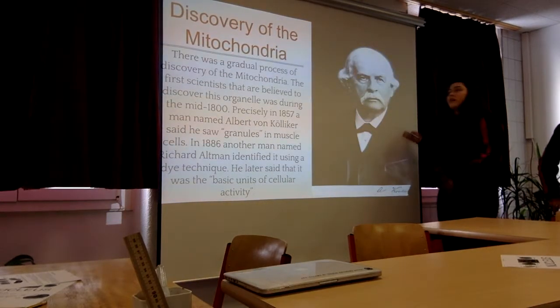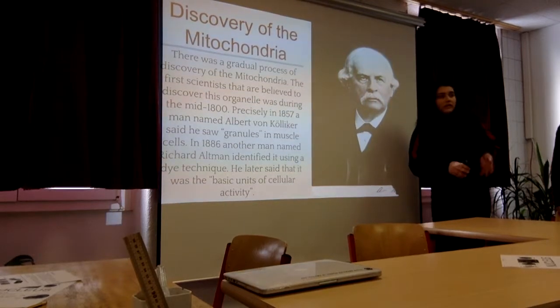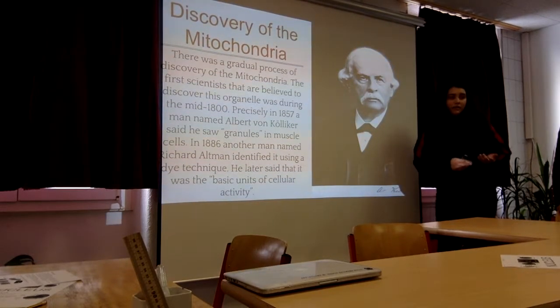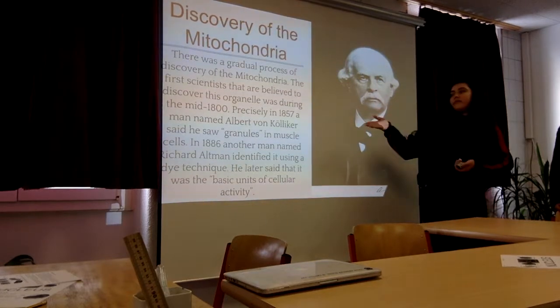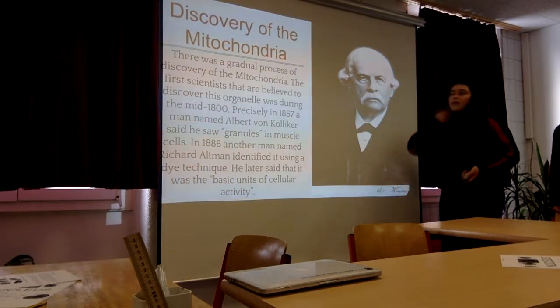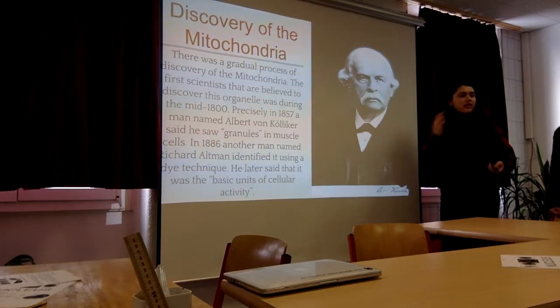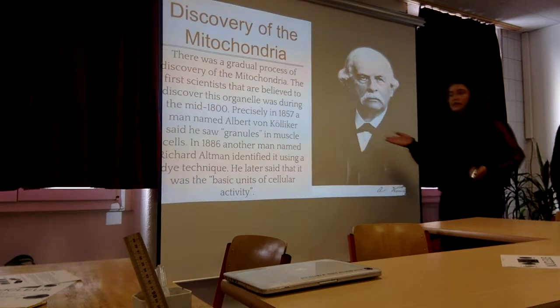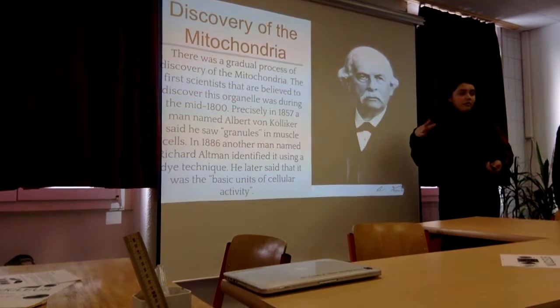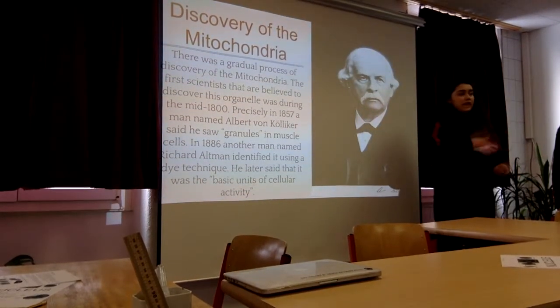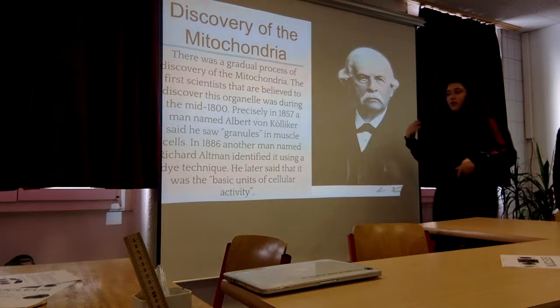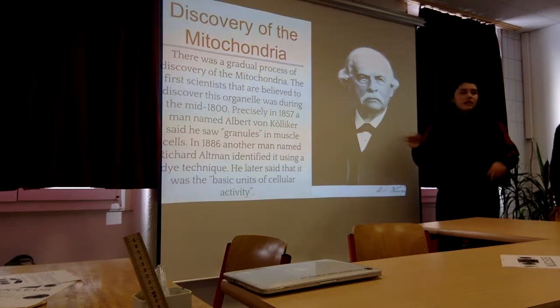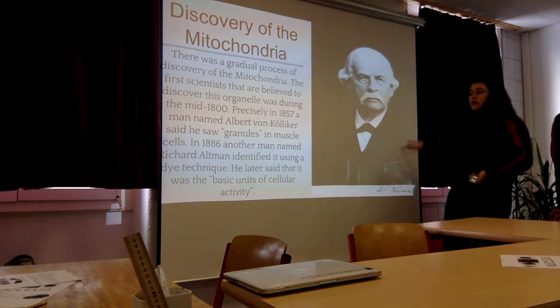The discovery of the mitochondria. It wasn't discovered all at once. It was discovered gradually. First, it was found by this man. His name is Albert von Kolliker. He saw through a microscope what he described as granules in 1857, and in 1886, another man named Richard Altmann, using a specific dyeing technique, found the mitochondria,